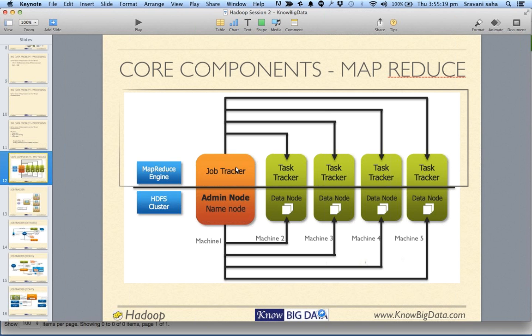The work can be of any form. Just like a program is essentially a work. A program reads the data from somewhere, does some computation, and then takes it forward. So the task tracker basically executes a set of instructions. And these task trackers, again, just like we talked about data node and admin node,